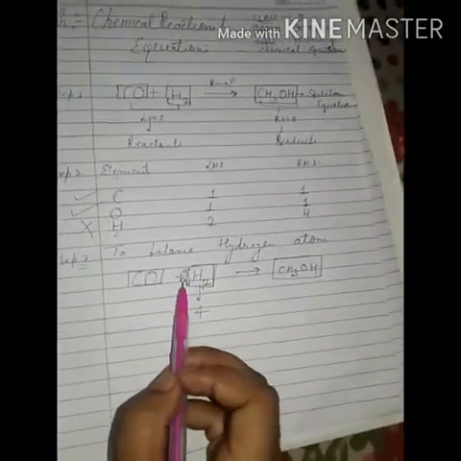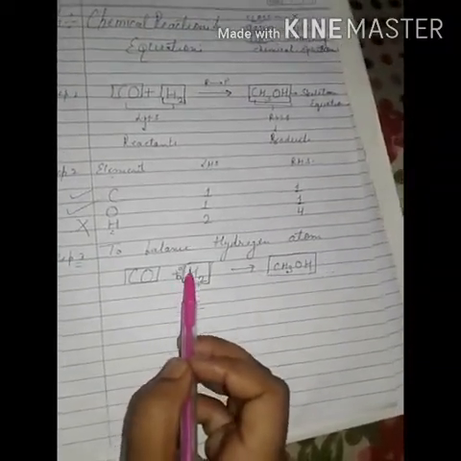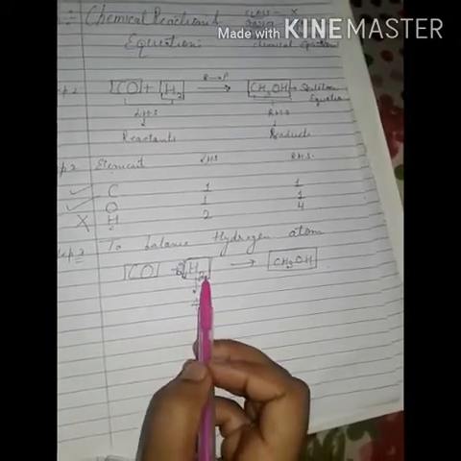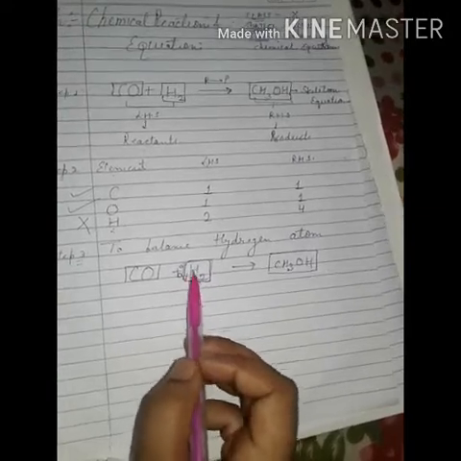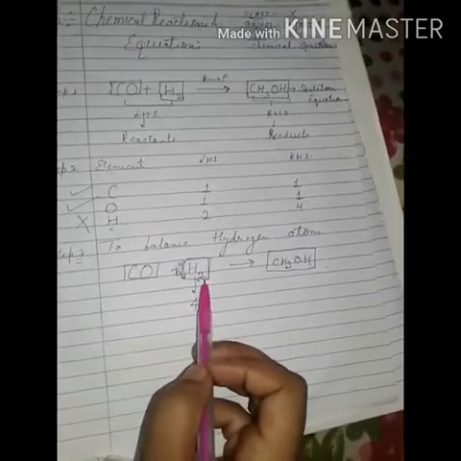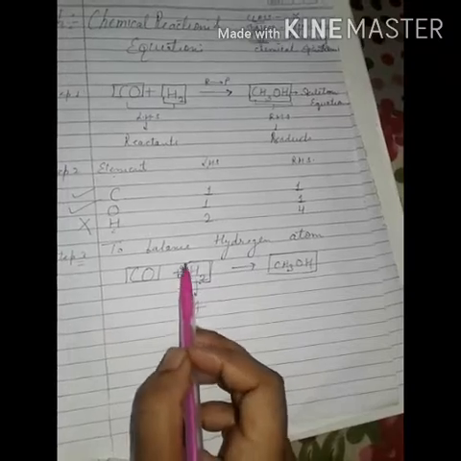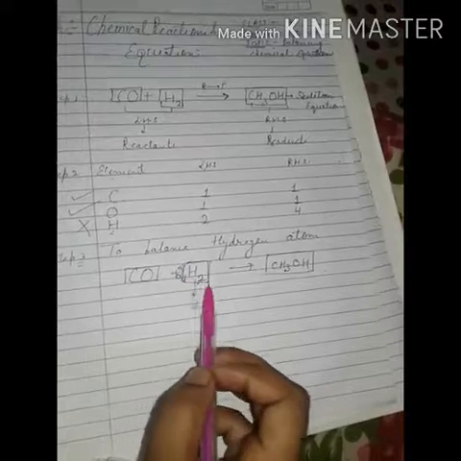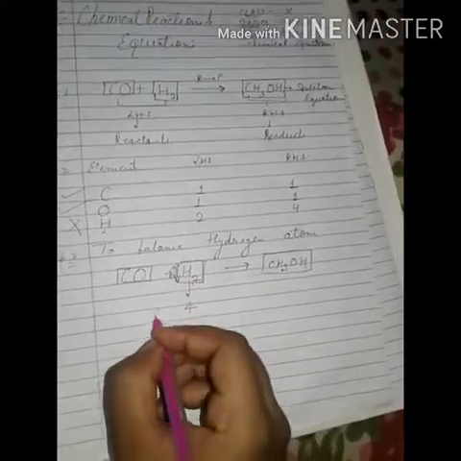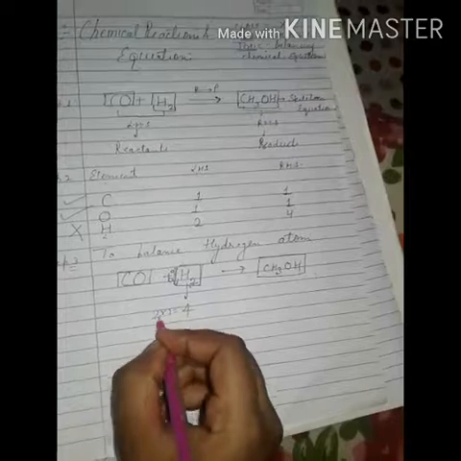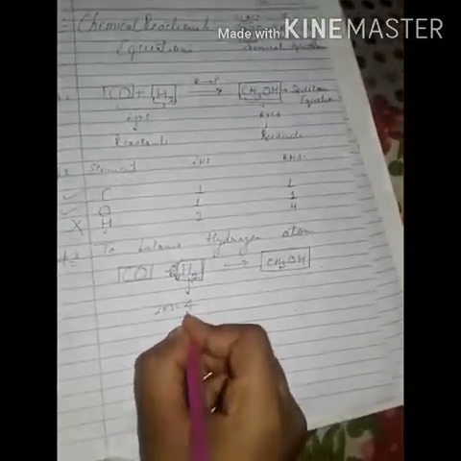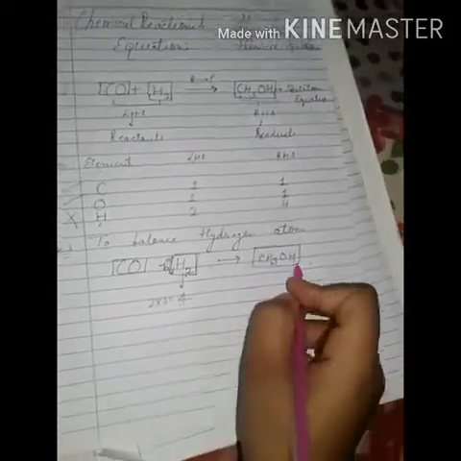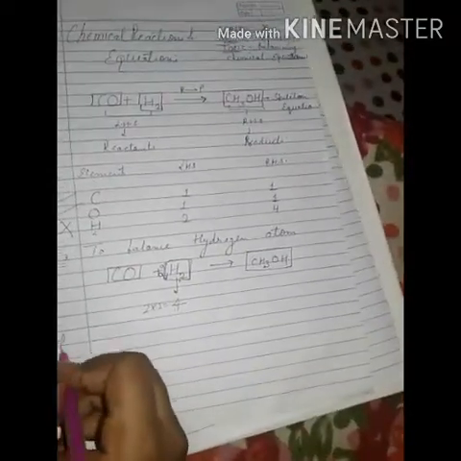Now count it. How will we count? The number which is present below the symbol of any element, and the number which is present in front of the box, we have to multiply. So multiplying 2 into 2 we get 4. Here we are having 4 atoms of hydrogen, and here we are again having 4 atoms of hydrogen. Now the next step is